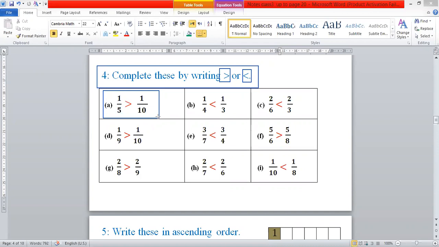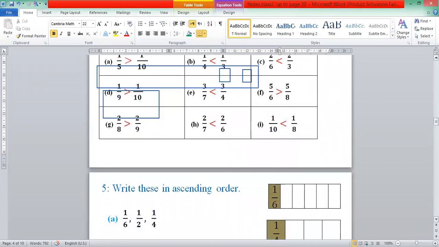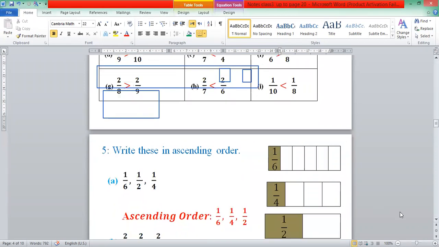If we want to compare these two fractions, how will we know which one is greater and which one is smaller? These are not like fractions, these are unlike fractions. So before putting here less than or greater than, I am going to explain unlike fractions with the help of a diagram. Dear students,